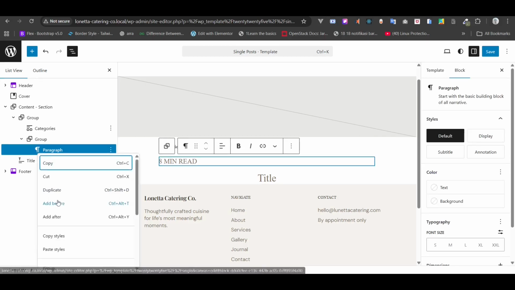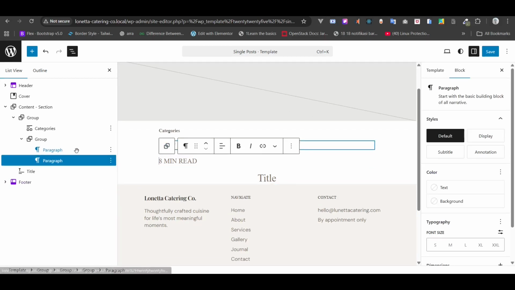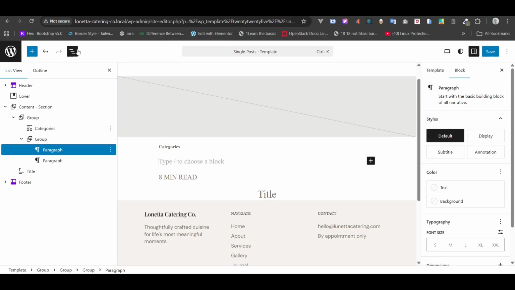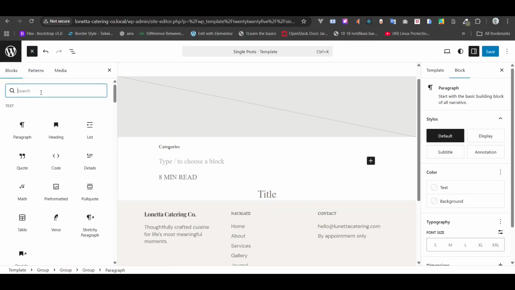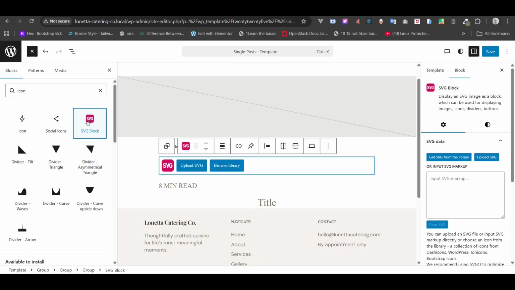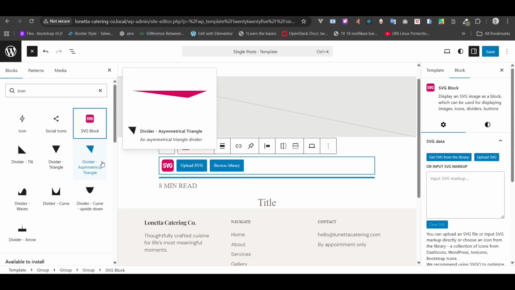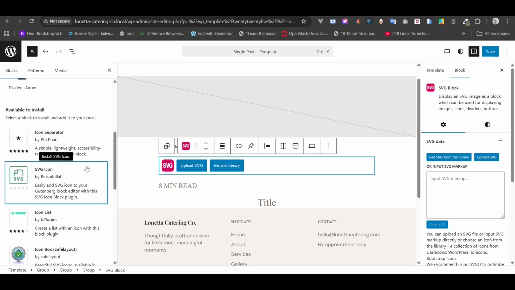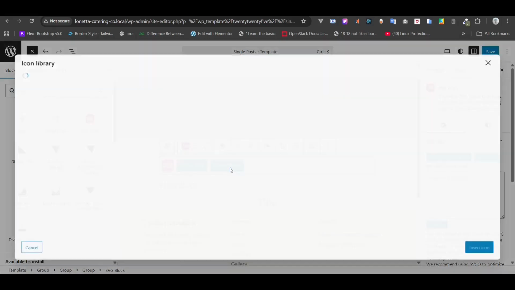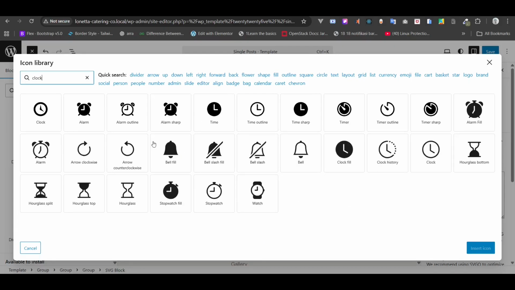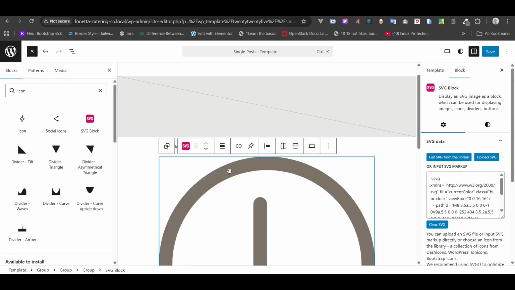After that add after again, add before, and now I want to insert maybe this icon from SVG block. From SVG block you can install, because it's not default by Gutenberg. Okay, now we search for icon. Search for clock icon. I want to choose this one, this clock. Insert icon,